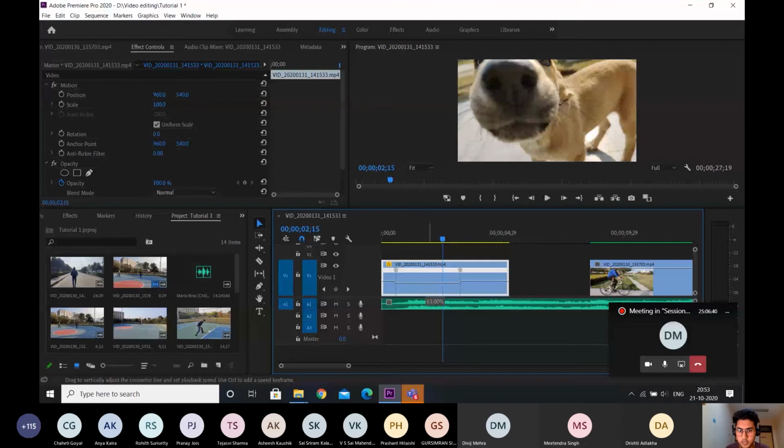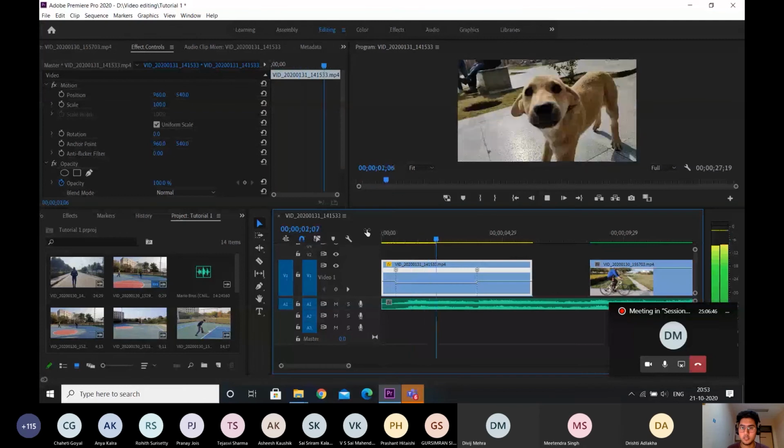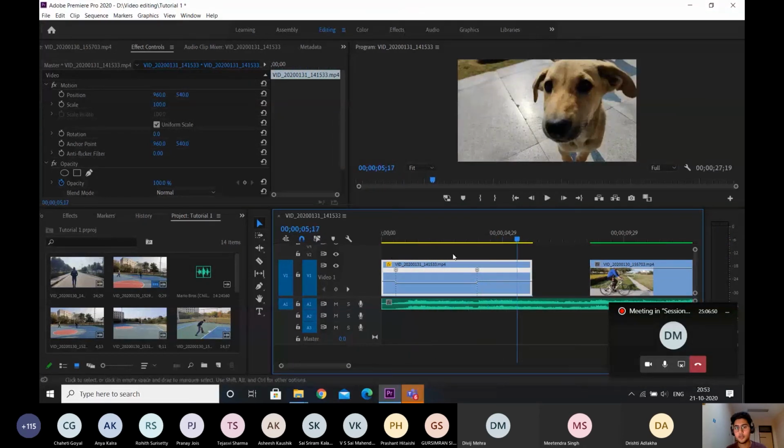Suppose I reduce the speed of this part to 50%. Now if I play the video, you can see the change. I can reduce it a little bit more so that it is more evident.